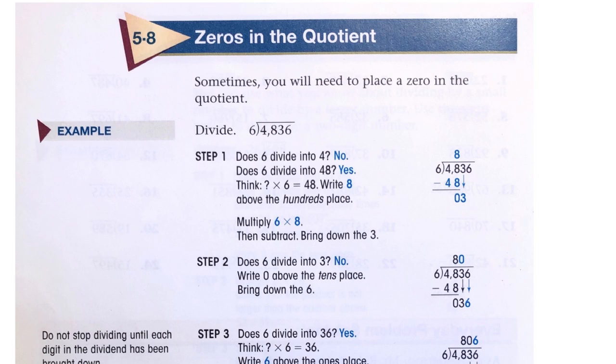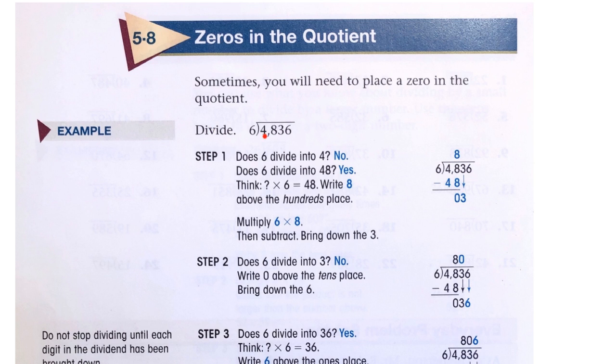Basic Math, Chapter 5, Section 8, Zeros in the Quotient. Sometimes you'll need to place a zero in the quotient. Remember, the quotient is when we're finding the answer. For example,